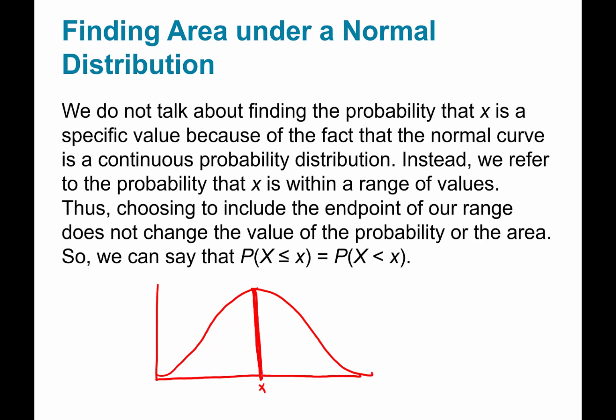If this is just going from x to x, and we're approximating this as a rectangle, our width is just going to be x minus x, which is 0. And then our height is going to be whatever the height of the normal curve is here. But if you think about approximating this area as a rectangle, well, it's going to be 0 times